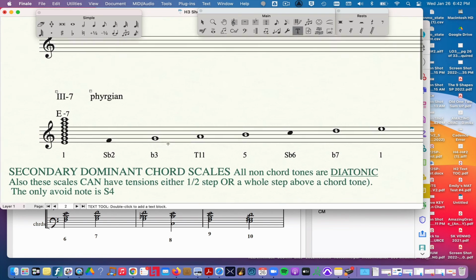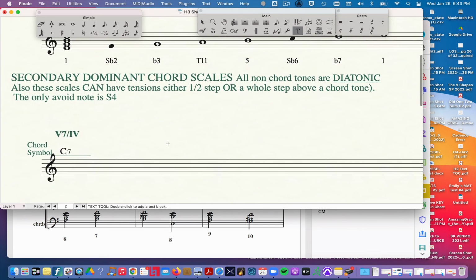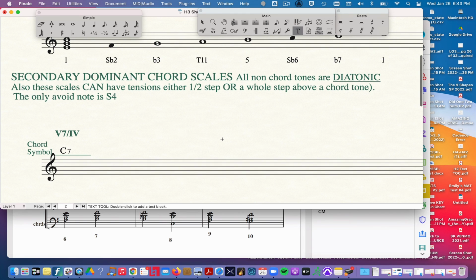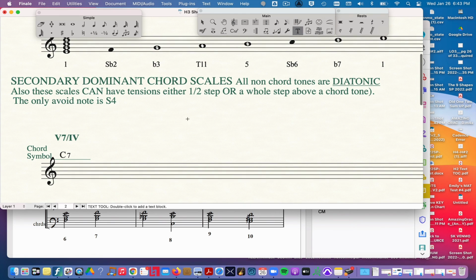Okay, moving on to secondary dominant chord scales. Secondary dominant chord scales are more liberal. They can have notes which are a whole step above a chord tone, but they can also have notes which are a half step above a chord tone. Either one can be made to work. The only one that can't work